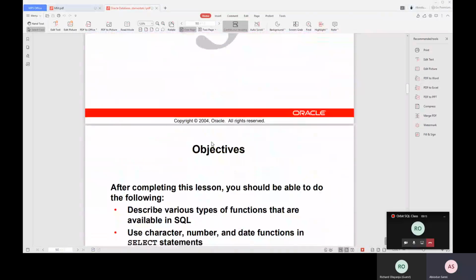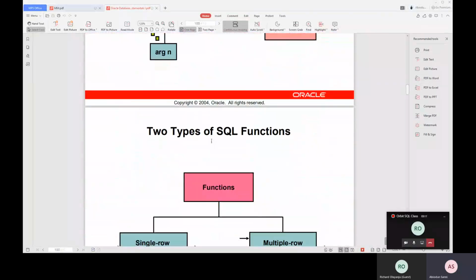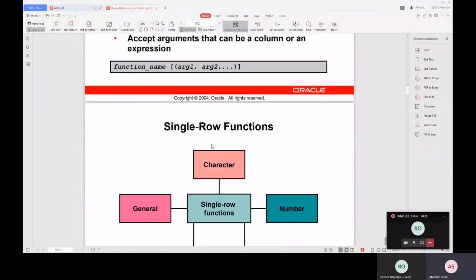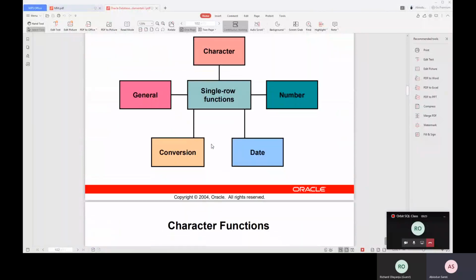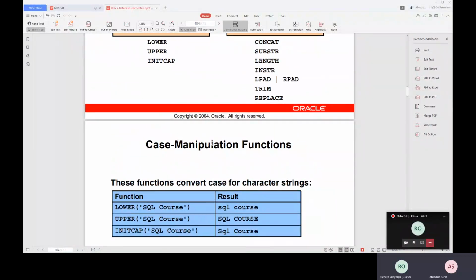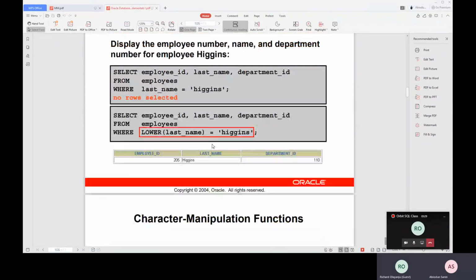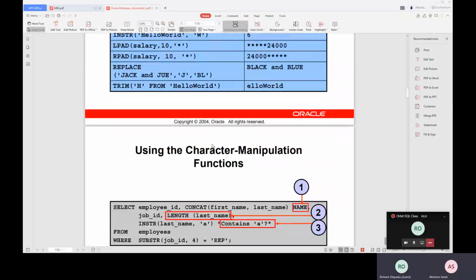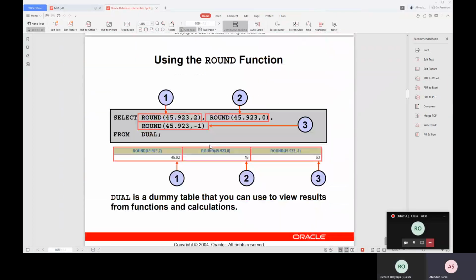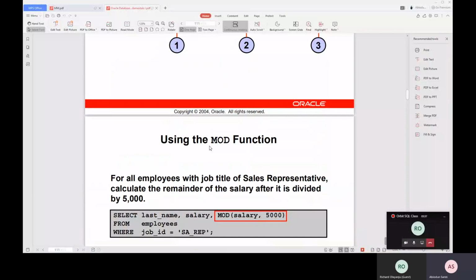Do you know about the EXPLAIN statement in MySQL? No. Okay, so first of all, before I delve into that,